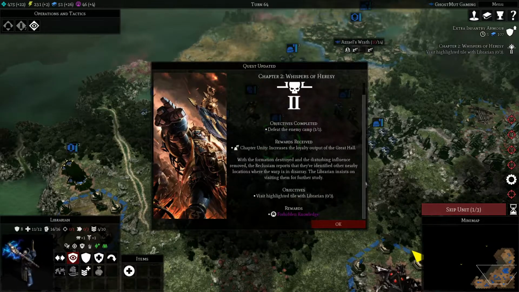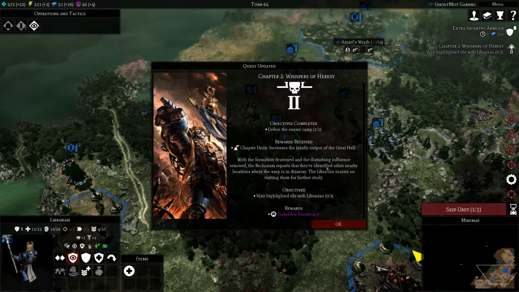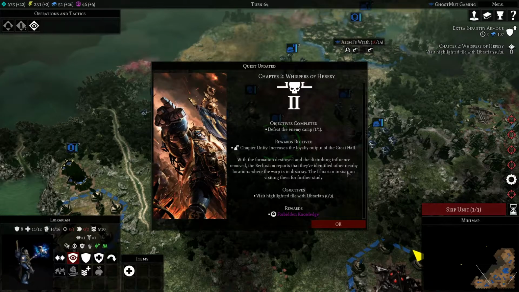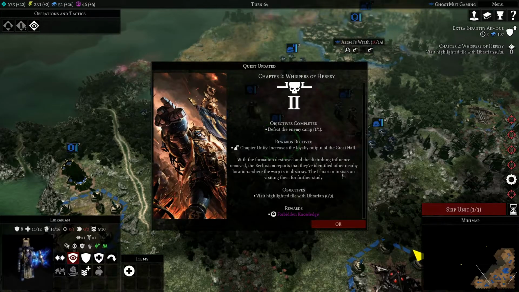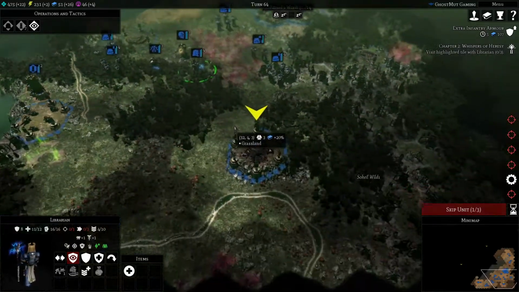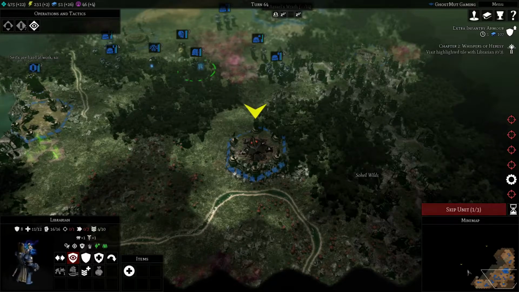Yeah, so this is the next. With the formation destroyed and the disturbing influence removed, the Reclusium reports that they've identified other nearby locations where the warp is in disarray. The librarian system visited them for further studies. Now we get a few points on the map. You can also see that...